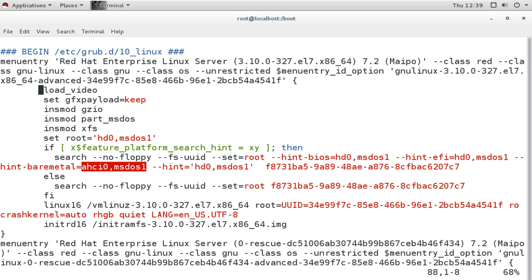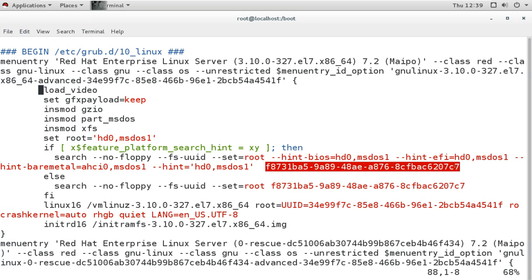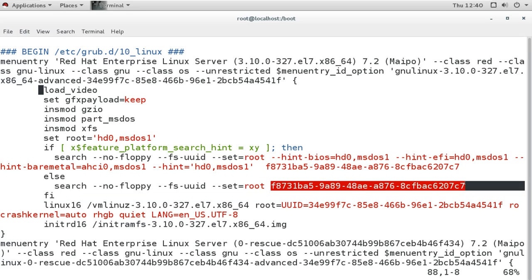Now again it is giving you a hint here, the same, first hard disk, first partition. And in case you have not got it from here, then it can be loaded from this UUID. You may change these values, but the UUID will not change. Else, again it will search for floppy, other file system, and again it knows the UUID.